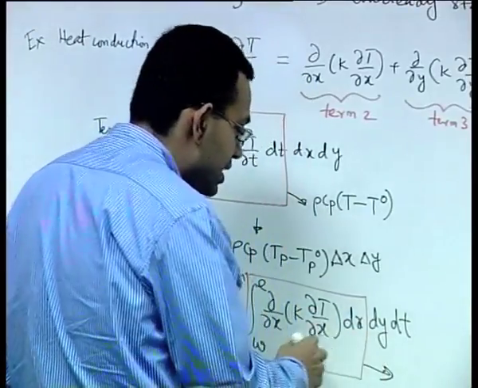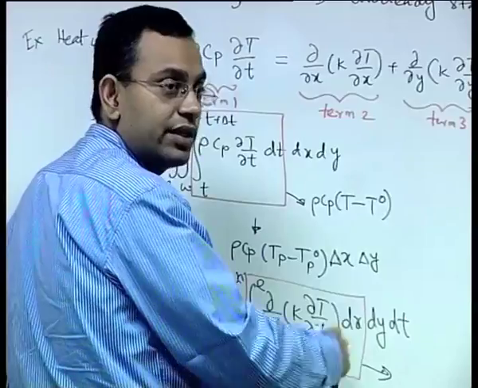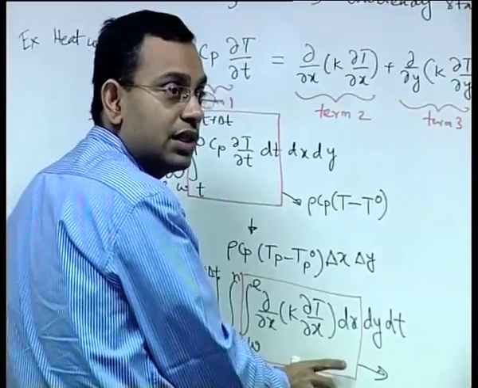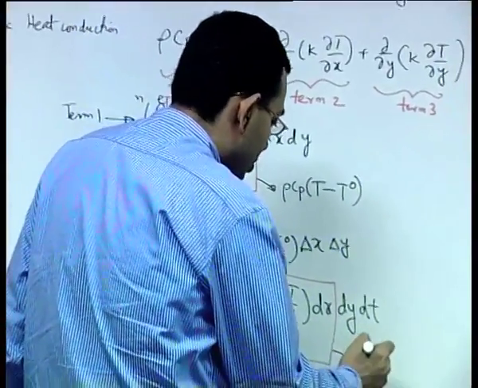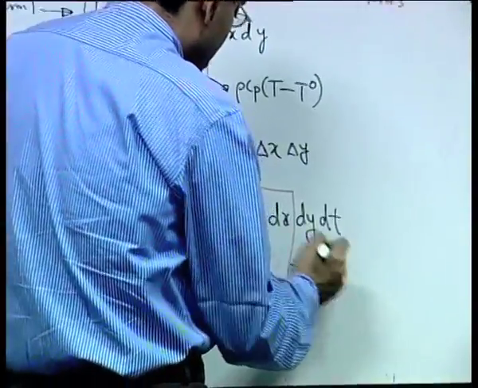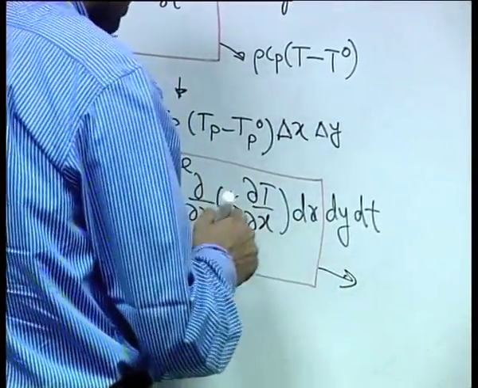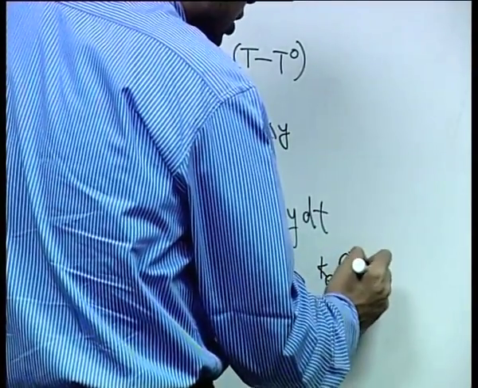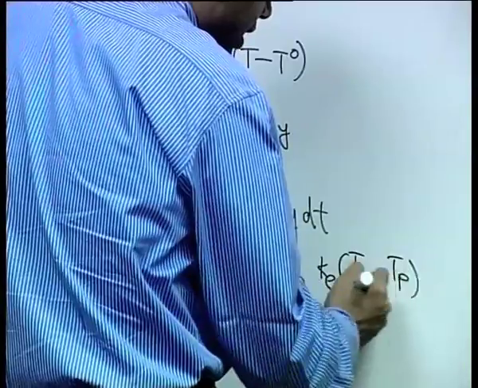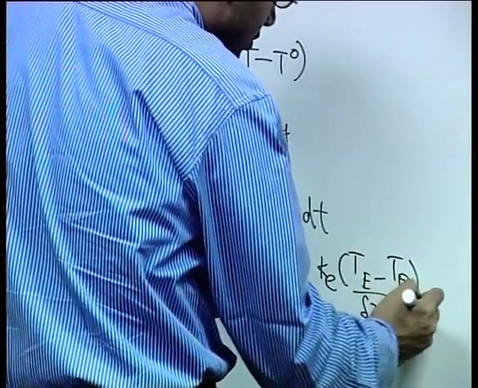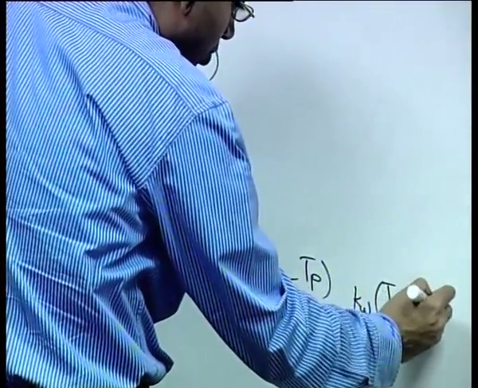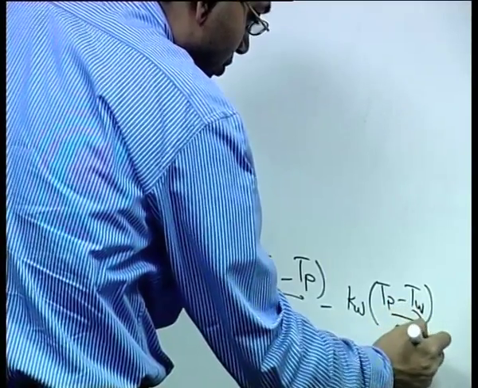So you can see that it is basically a locally one dimensional calculation that you are doing and adding a dimensionality over that. This is a local one dimensional calculation. So it will become k dT dx at small e minus k dT dx at small w. So I am writing it in one step. So it is k e into (T e minus T p) by delta x e minus k w into (T p minus T w) by delta x w.